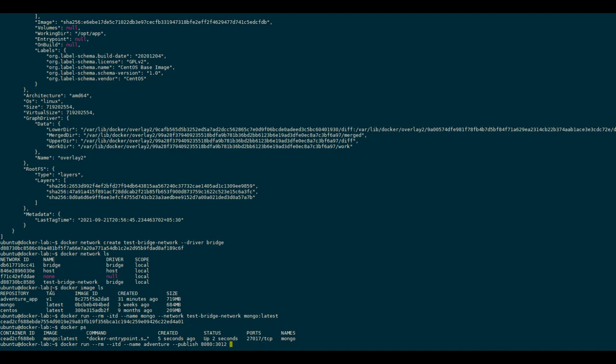Next we will use the custom bridge network and then our image.